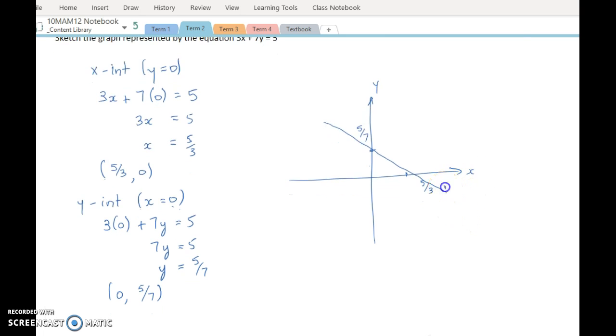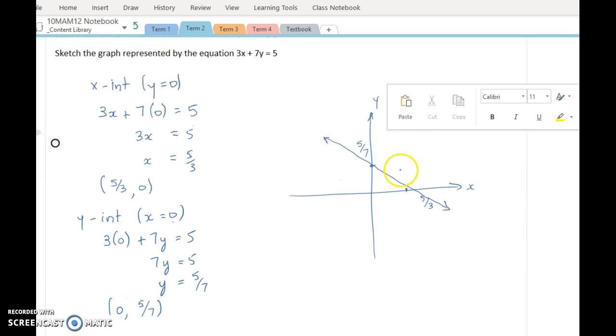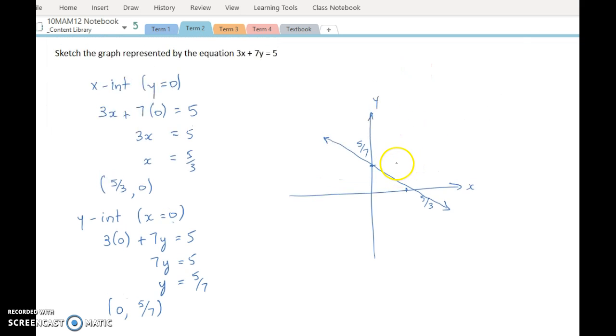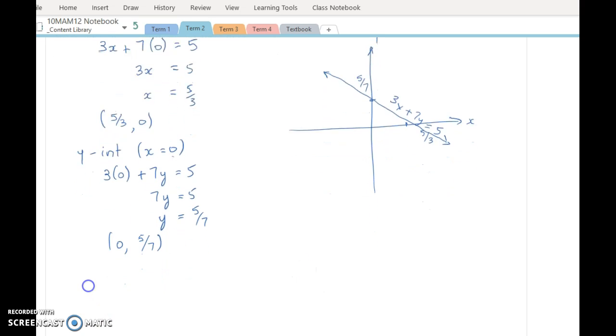And finally labeling the line with the equation. And we're done. Okay, copy these examples into your book and get on with the questions that I've